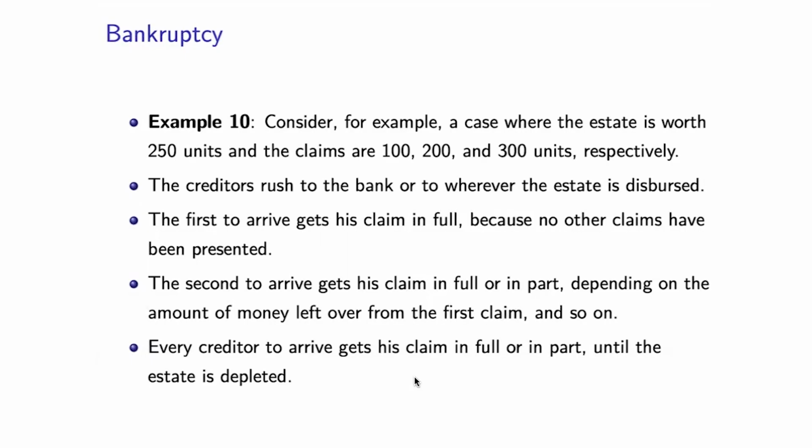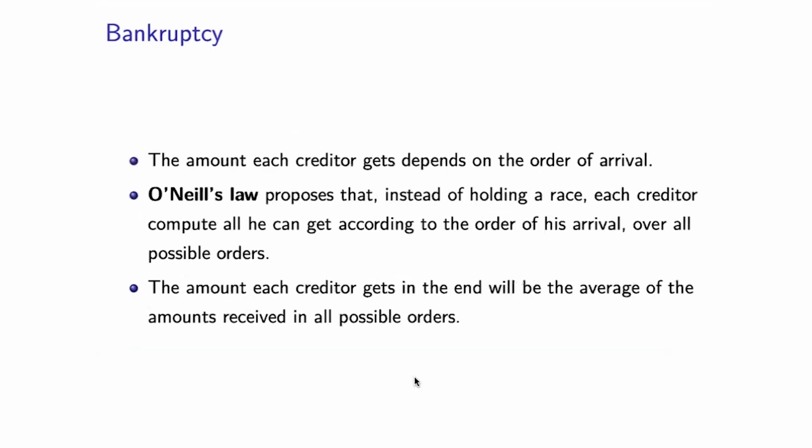Again, this makes sense in that we have this picture of bank runs and so on, where this is exactly how the division of the claim on the estate, or in that case, the bank, works, right? Now, crucially, the amount that each creditor is getting depends on the order of arrival, right? And we have another way of splitting the amount of money among different creditors,